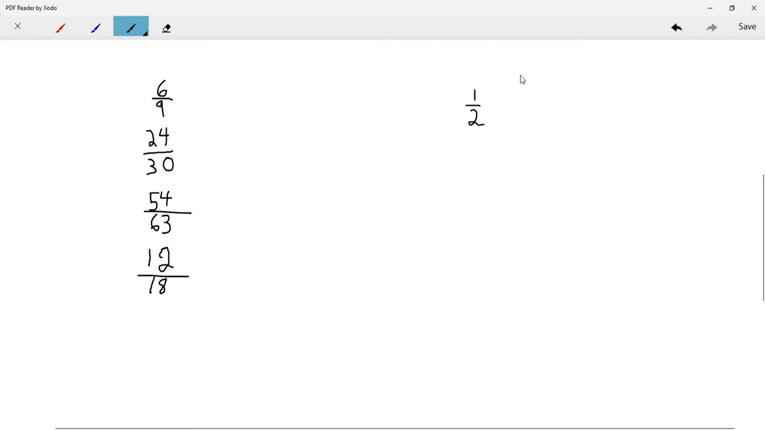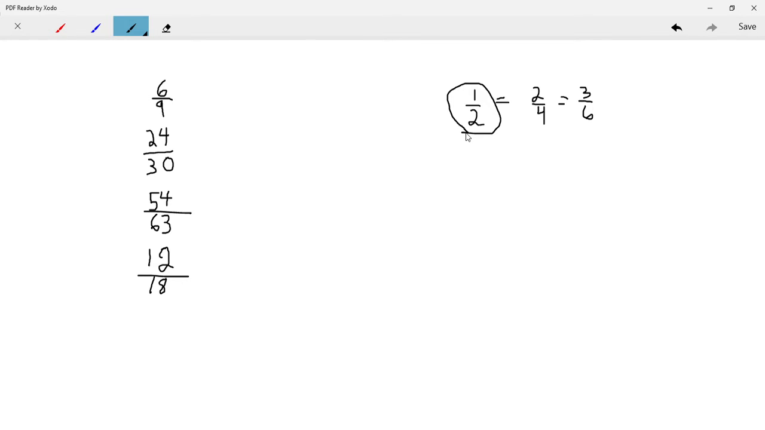And then that is also equal to 2/4 or 3/6 or an infinite number of fractions, basically. But the reduced fraction is 1/2. It's basically the lowest fraction, the equivalent fraction that you have that